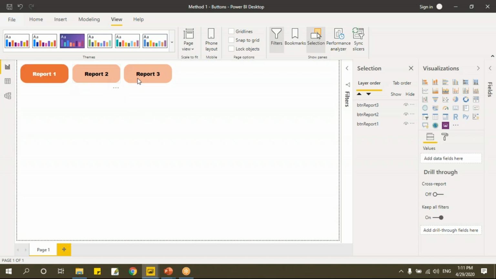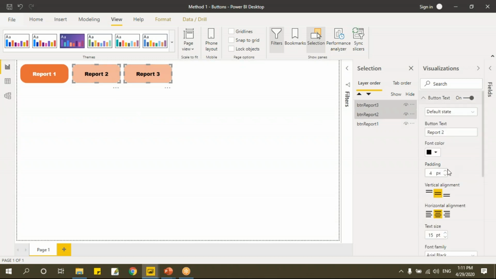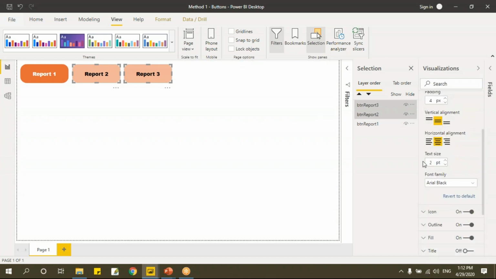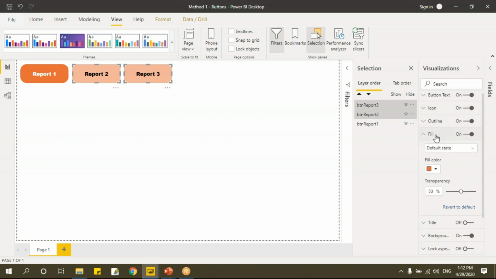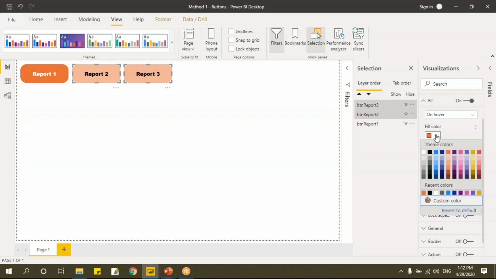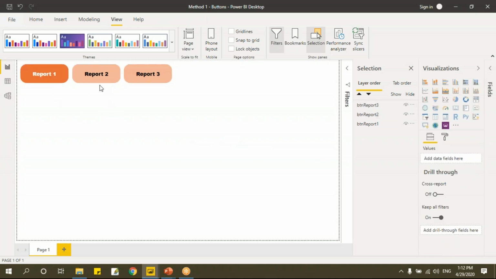Fine. Now let's do the same thing for these two. Let me select these two. I could have done along with this just for testing. What I did, I just tried with this. Now I'll do the same option for these two buttons. Let me go here. I'll say button text and hover, scroll down. Here I'll make it as 20. Enter. Now let me go to this fill. I'll say hover. I'll make it black color, and here I'll make it as 80%, which are given similar to this button. Now if you go and move my cursor here, see, we'll just enable like this.